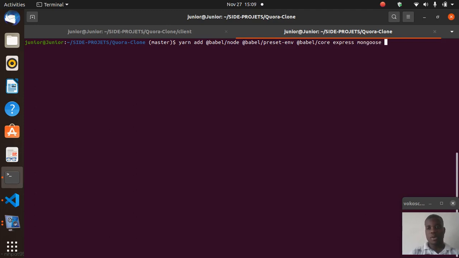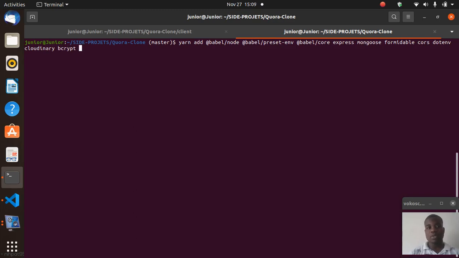We need mongoose for our database. We need formidable for body parsing. We need cors to allow our React app to interact with our server. We need dotenv to hide our API keys. We need Cloudinary for potential file uploads, and then we need bcrypt